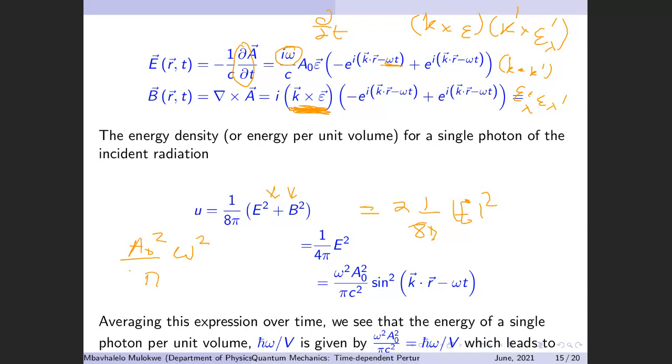There's that 4 pi there, C squared sine squared K dot R minus omega t, and then you take the average. The average of sine squared gives you a half. So this means that the energy per photon, h bar omega over V, is what you've calculated once you have averaged out over this sine squared term. So this gives you the equation,